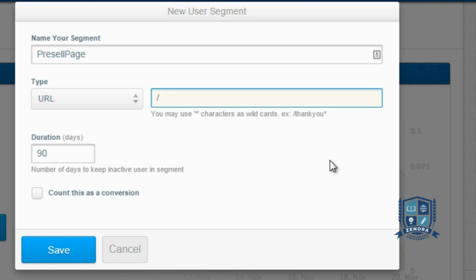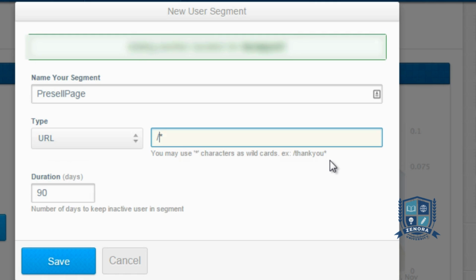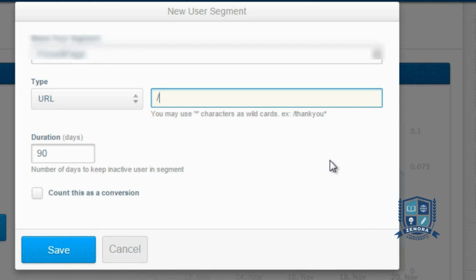So for example, if I wanted to create a segment for all pages that were thank you pages, I could put thank you and then a wildcard, an asterisk, and the asterisk is a wildcard, which means anything after the word thank you, whether it's thank you some number or anything like that, it would basically create a segment for that folder. So if I were to, let's say for example, create a segment for a specific page,